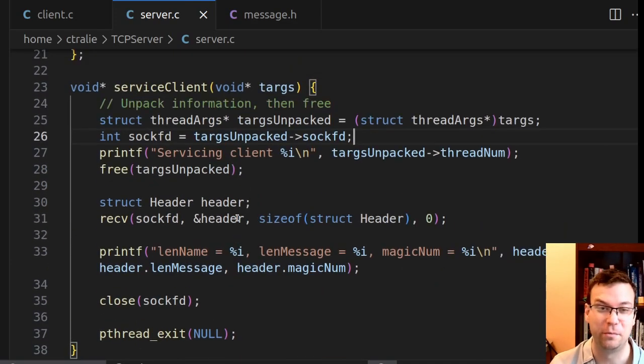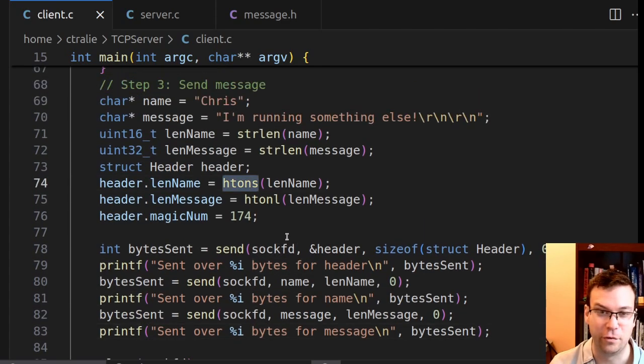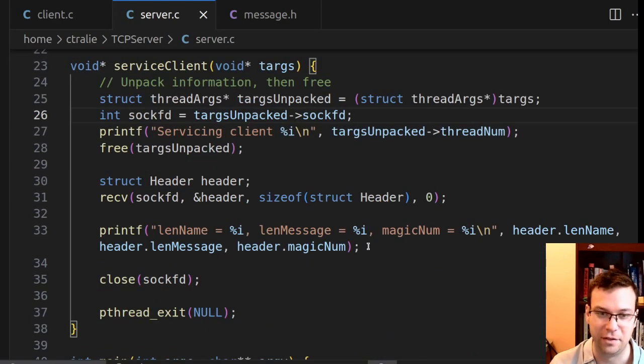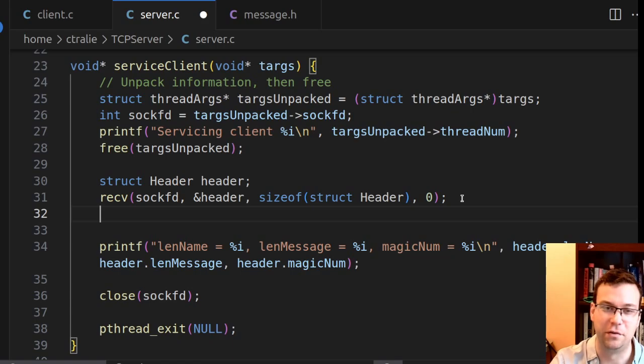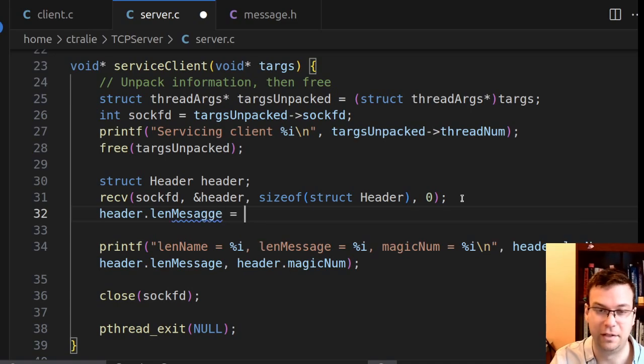Okay, so people who are watching this who are paying very close attention, you see that I converted it to big endian as I sent it over. I need to convert it back from big endian to little endian if that's what's happening in my processor. Once I've received these 7 bytes into the header, I need to convert those back. So I need to go to the 2 bytes for the length of the name, and I need to say